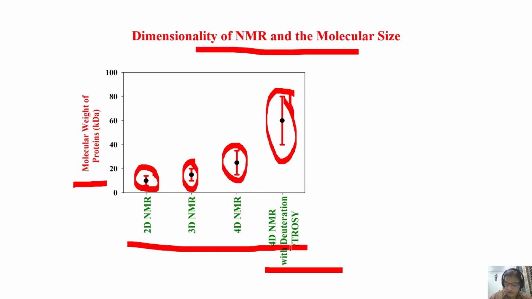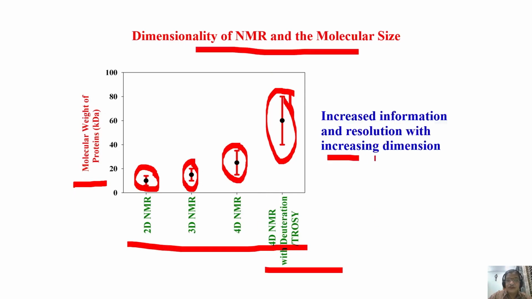And increased information and resolution will be there with increased dimension. From here to here, if I come, I get better information, better resolution. Here to here, even better information and better resolution. Like that. Dimensionality has to be chosen based on the size of the molecule, based on the molecular weight. As you go from one dimension to the next higher dimension, you have more information and more resolution. But of course, you pay a penalty. You take more time. Instrument time goes exponentially. All these factors you have to decide before